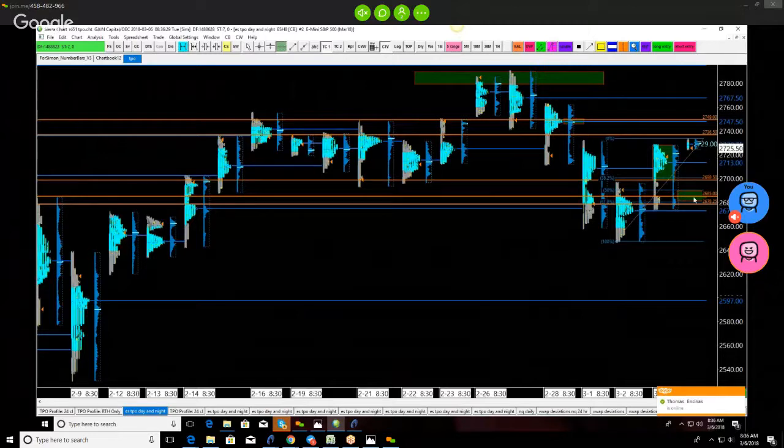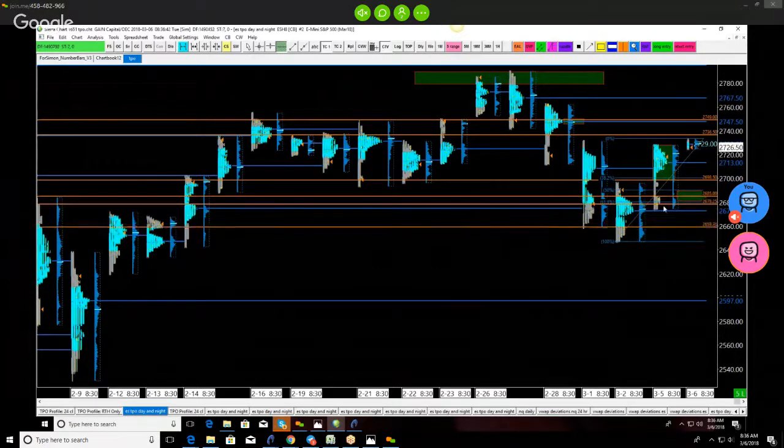Look how big a stretch that'd be, pretty much 50 down at this point, and I would expect response out of this area back up. And then I just want to make sure I don't gap back down underneath this last value area low. What I'm trying to say here, guys, is this is unlikely. If we do get in here, expect responsive buying. And what you really want to see is from this structure over here to the left, all this is where we spent the majority of time.